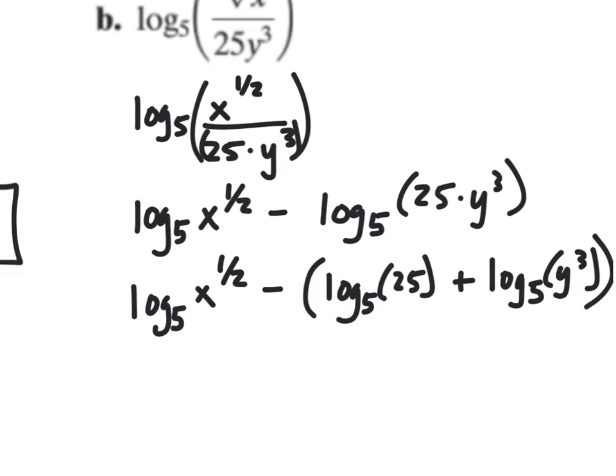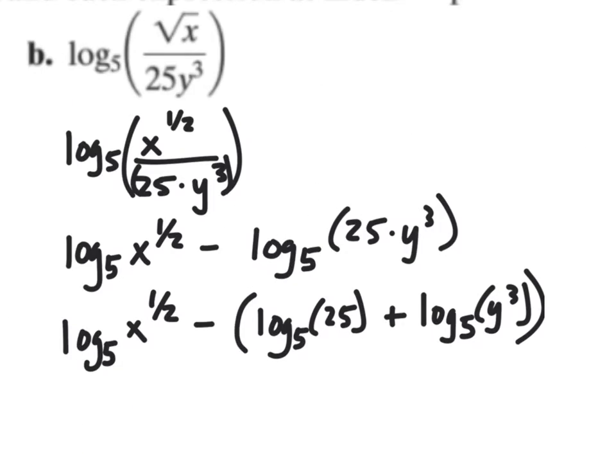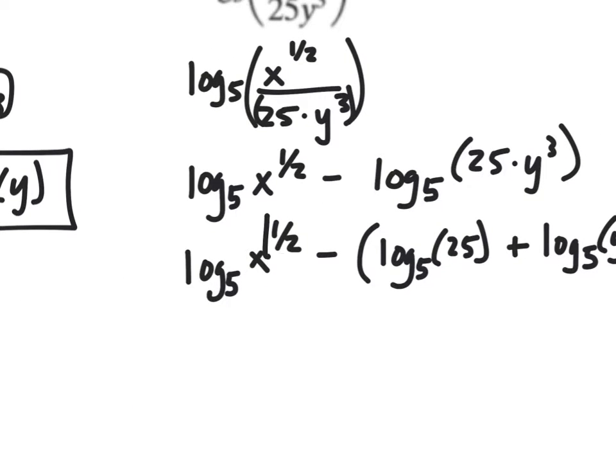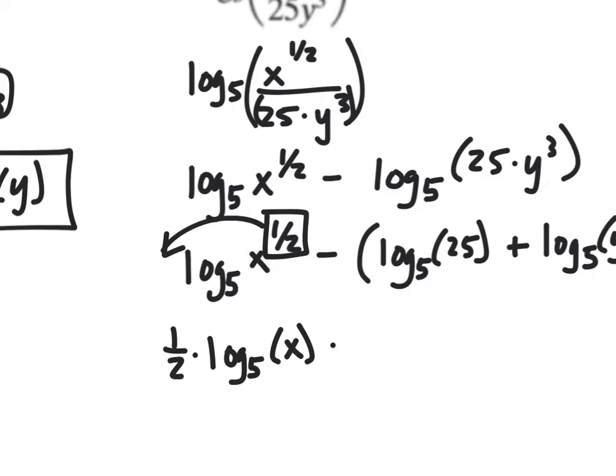Now what I can do is bring out my 1/2 up here, bring that out front. So I can get 1/2 times log base 5 of x, and then minus,